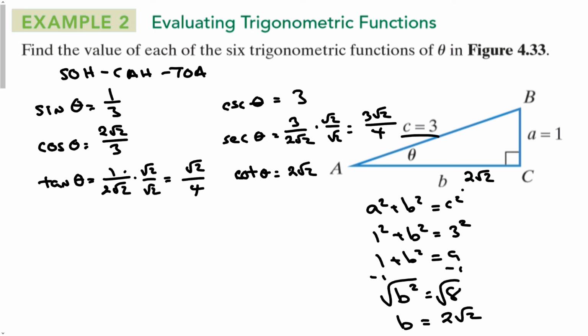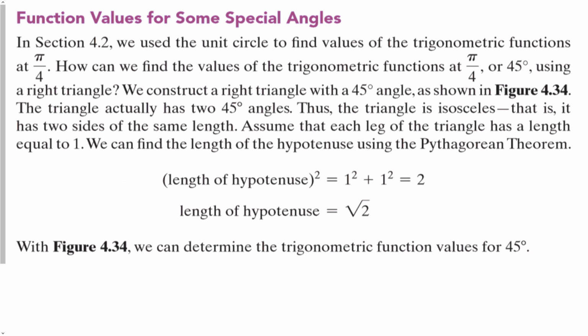So it's okay to get a radical, right? And it's going to be pretty normal to find triangles in this case with radicals in them. All right, let's do a couple of our special angles that we had talked a little bit about in the last section. So in 4.2, we use the circle to find values for the trig functions at pi over 4. Okay, how could we find the values for the trig functions at pi over 4 or 45 degrees using a right triangle? Well, hopefully you remember from geometry that if you construct a right triangle with a 45-degree angle,